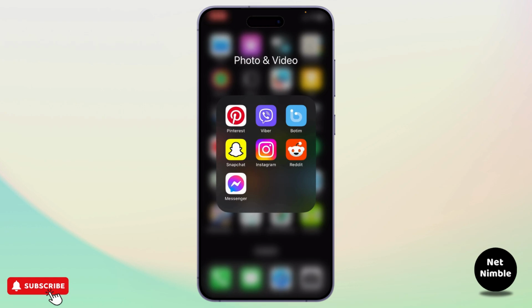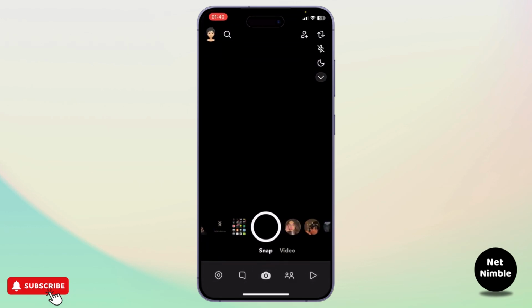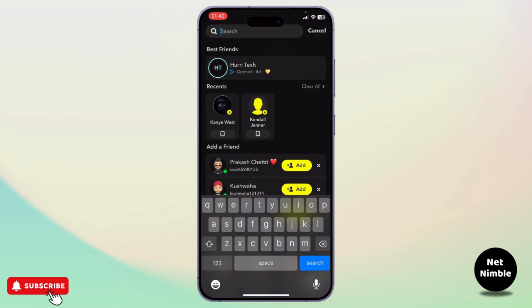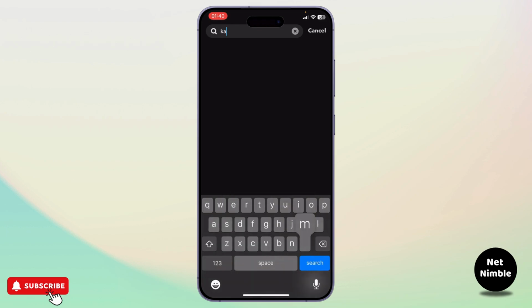Now let's just jump in. To add your celebrities on your Snapchat, it means to subscribe to their Snapchat. So first open up your Snapchat, go to the search bar, and then search for the celebrity that you want to add. Now let me just search Kanye,